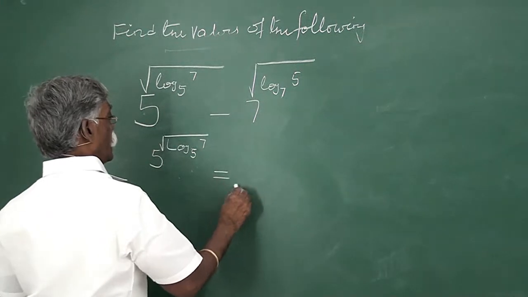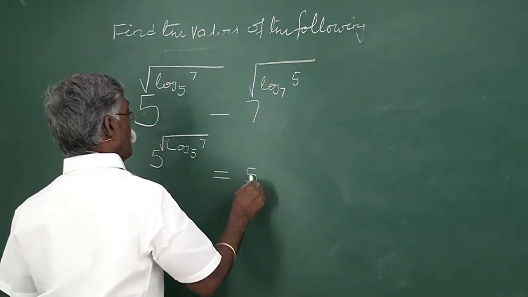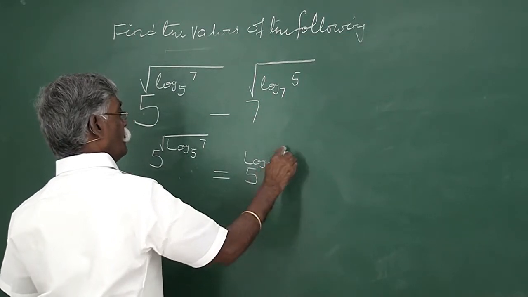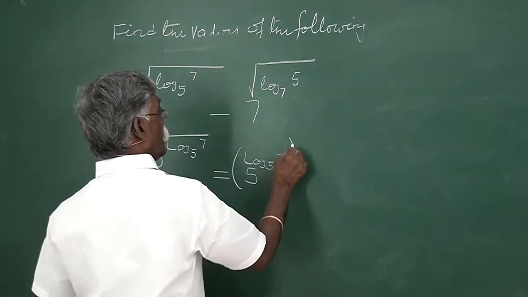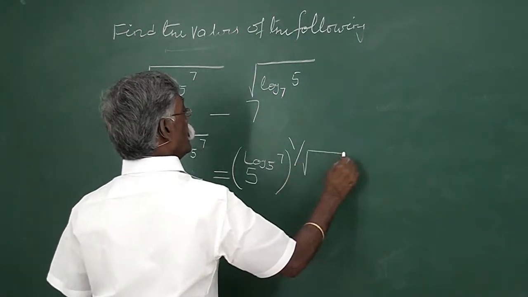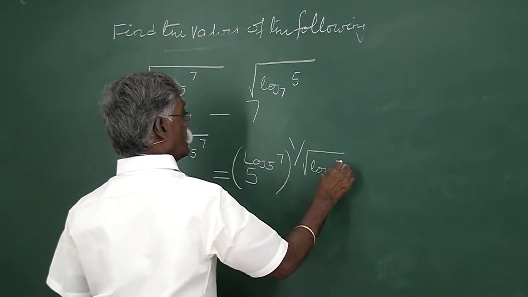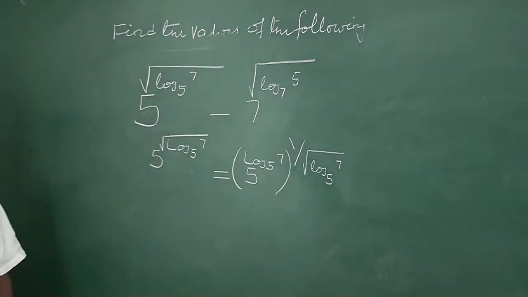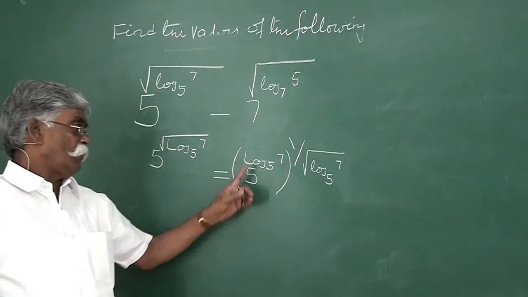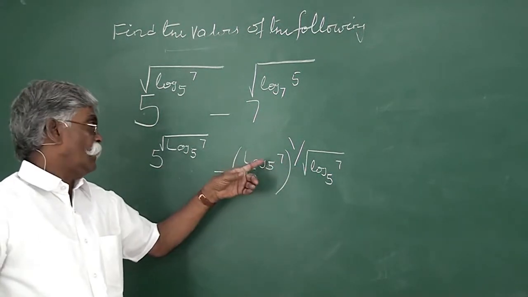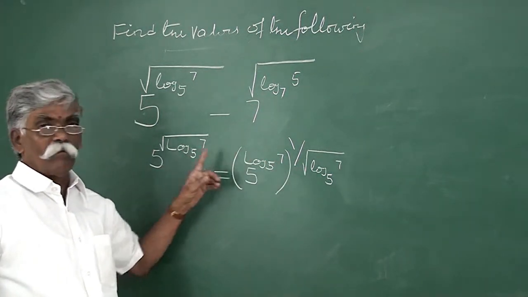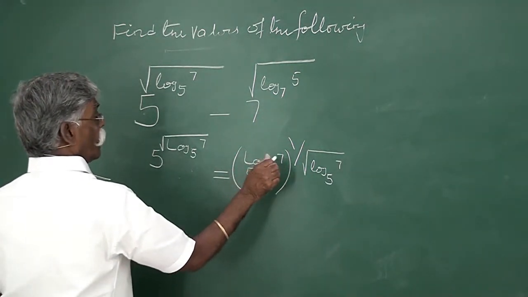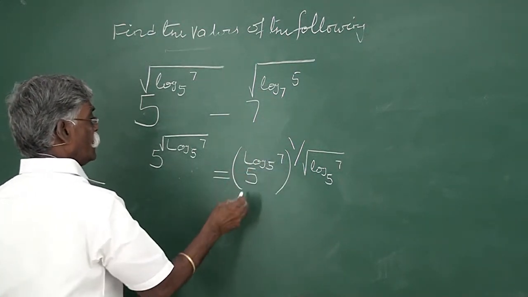This can be written as 5 power log 7 to the base 5 to the power 1 by root of log 7 to the base 5, so that the value doesn't change, because this and this get cancelled and square root of log 7 to the base 5 will be remaining. Now here the base for the log 7 is 5 and here it is 5,